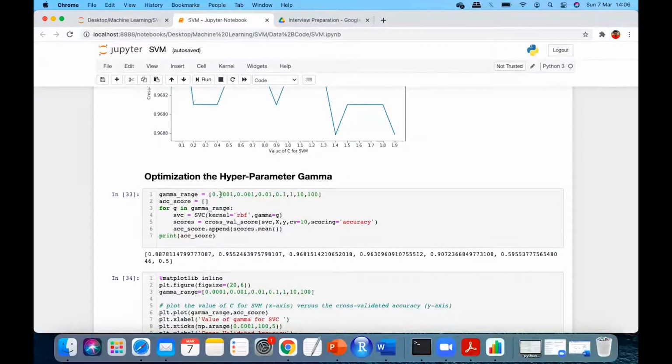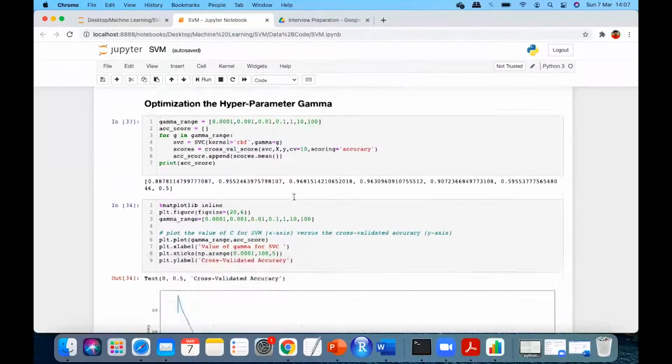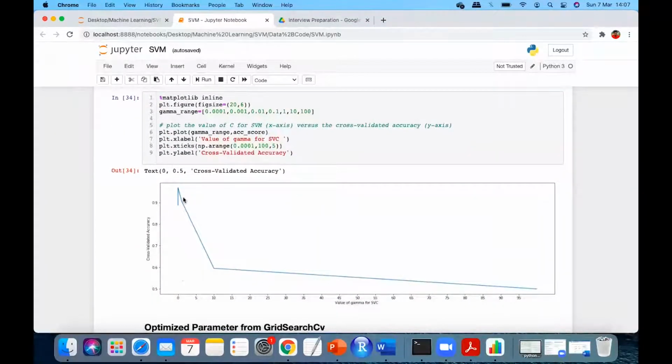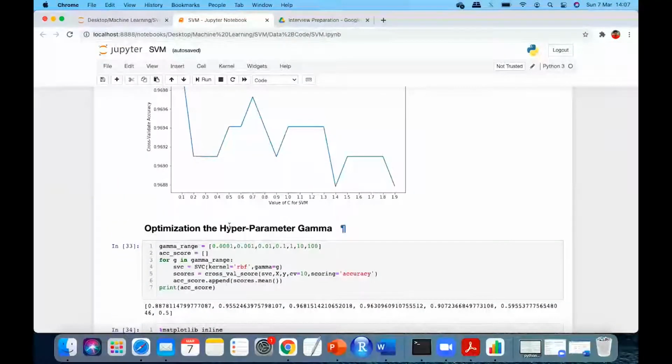Now I'll start from 0.0001 and we'll go till how much? Till 100. Though I'm saying till 100, I'm just trying to see at which particular part my accuracy is better. Okay, this is the function. It is decreasing further. It increased, reached up to a level, and then it is decreasing. Clear? So can we get at what particular range?